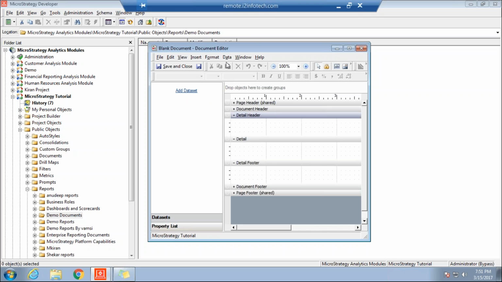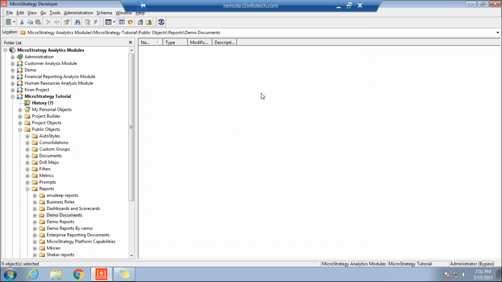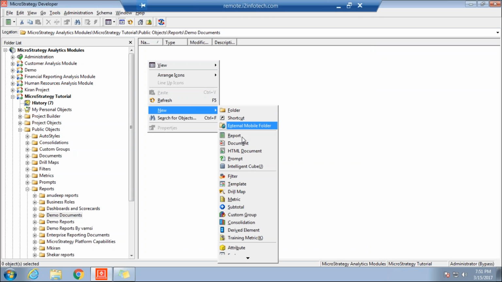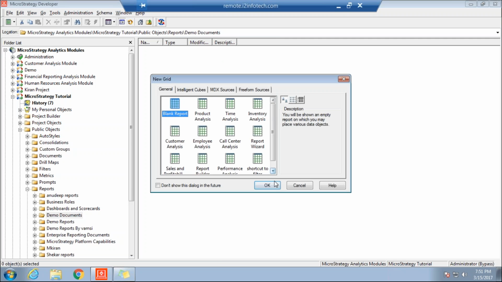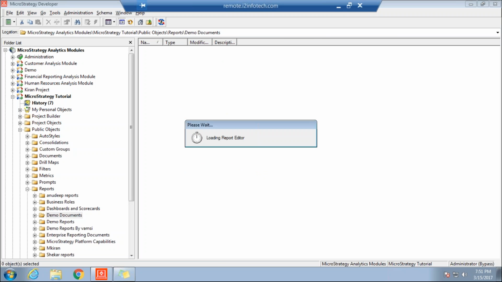Once you come over here, you can just add it, or else while opening up a document editor itself, you can just add it. Either way is fine, but assume for a minute we don't have any report. So I want to create a report to use on my document or dashboard. For which I just get into new report, just click on this,